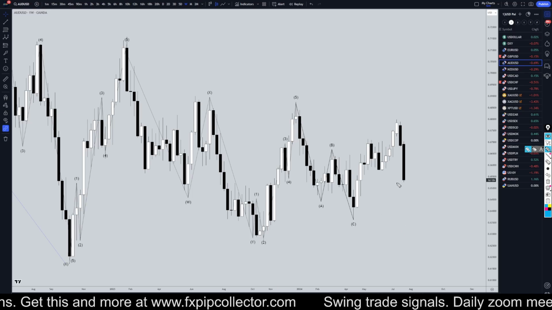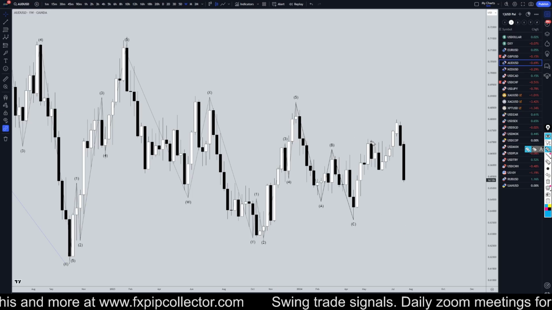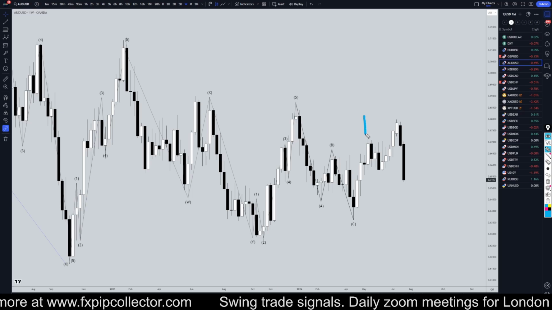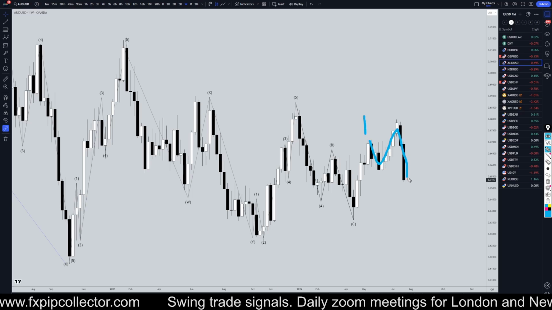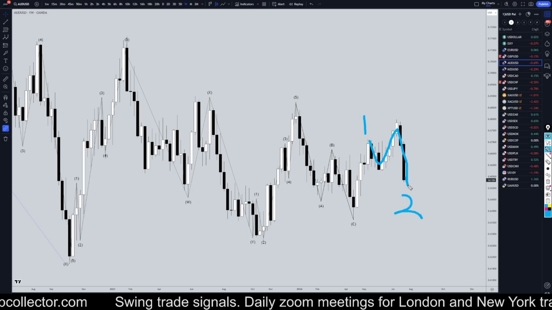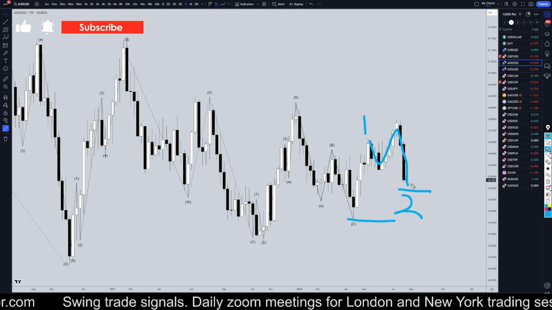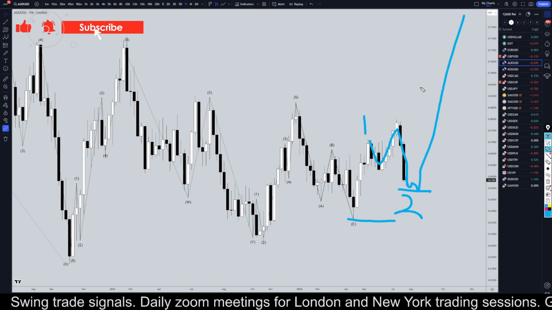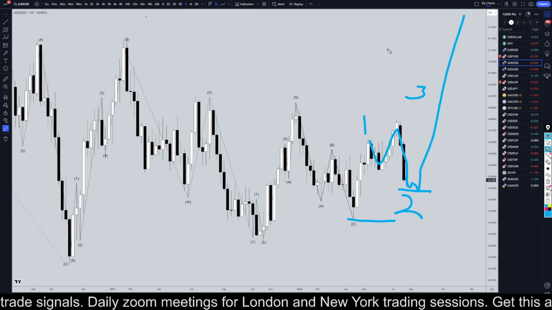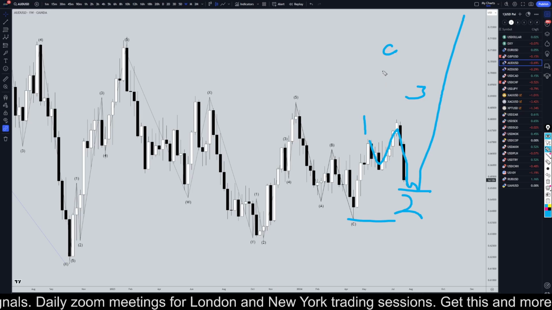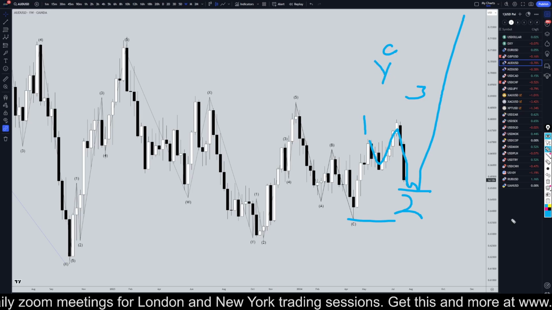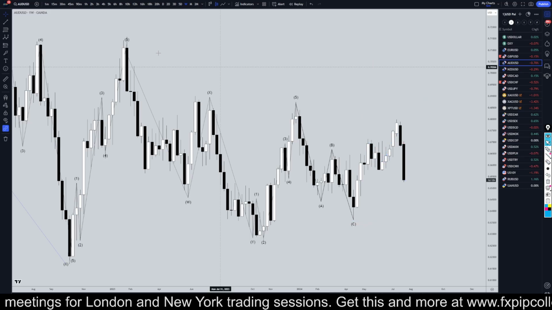Very strong. I think at some point it is probably going to go up because I'm actually still looking at this as possibly a wave 1 and possibly a big expanding flat wave 2. And I still think it's going to make a higher low, and then continue back up for a wave 3, which is a wave 3 of C, which is a wave C of that WXY pattern that I was showing on the monthly time frame.